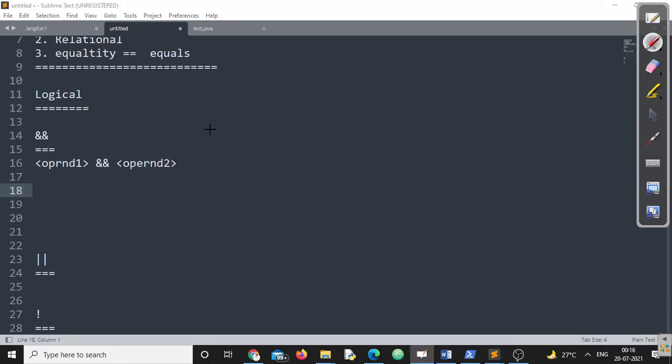Remember, there are a few things you have to be very sure about when you are operating on this particular operator. This is the only way through which I can operate the logical AND operator, right? Now listen very carefully. For operand 1 and operand 2, there is a limitation: both these operands cannot be anything except Boolean. Remember this point.